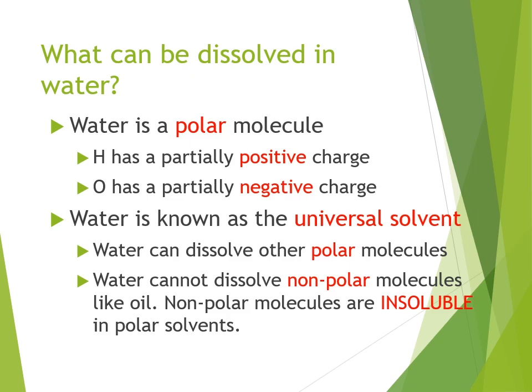So what can be dissolved in water? Water is a polar molecule, so it can dissolve other polar molecules. Remember our little Mickey Mouse shape: we have our negative oxygen and our slightly positive hydrogens. Because we have these negative and positive ends, we can form attractions between other compounds. So ionic compounds and polar compounds, which have that uneven sharing of electrons, are going to be able to interact with